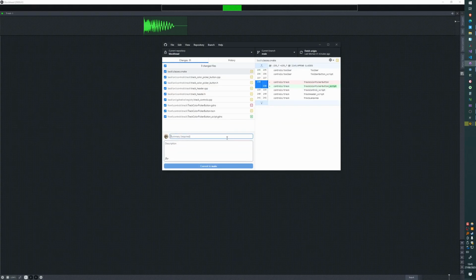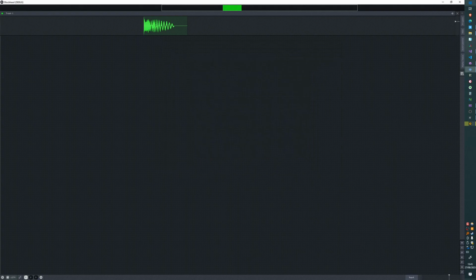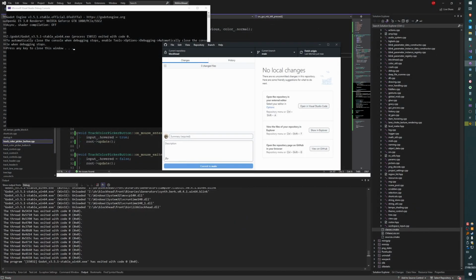So fix crash when color button pressed. Okay,